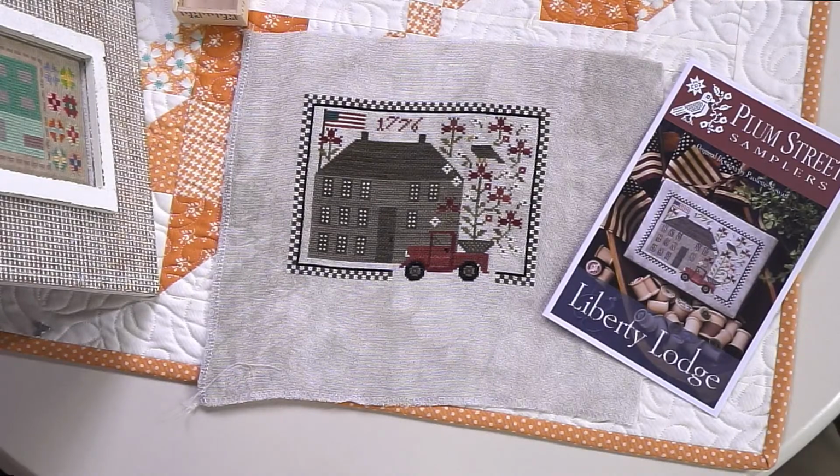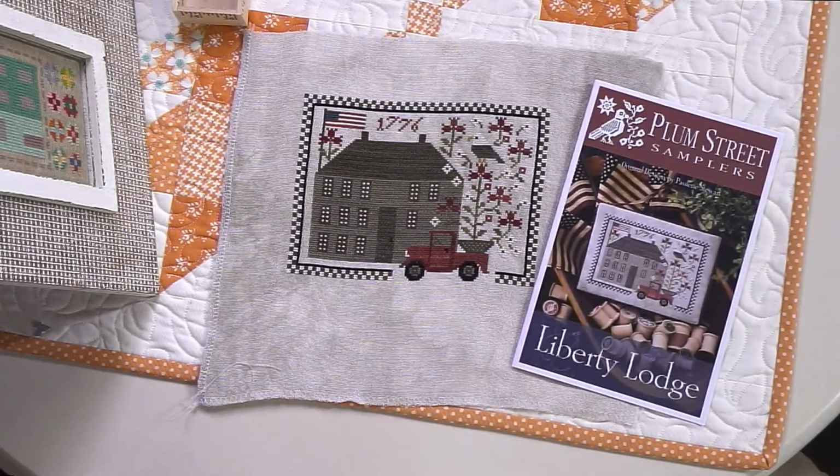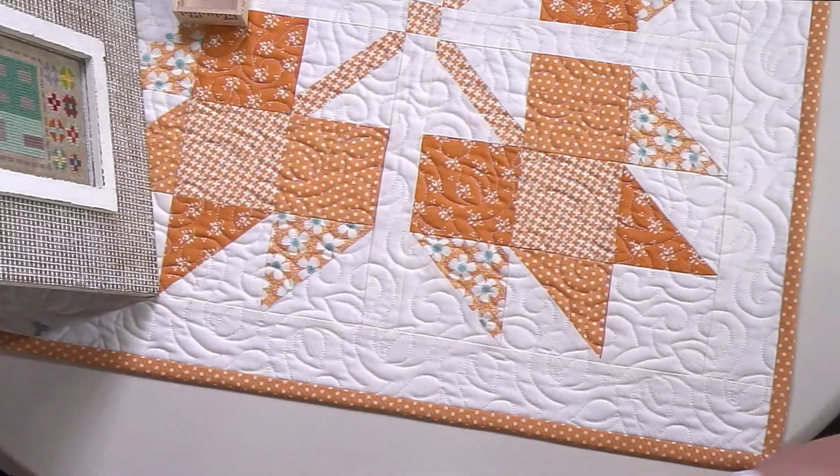And she used the called for floss. And she did change 822. Instead of that, she's using 3865. And this one's all done. Yay! So let me know, guys, if y'all have any questions on Cheryl's stitchery, and I can try